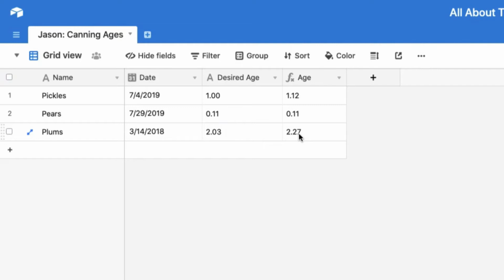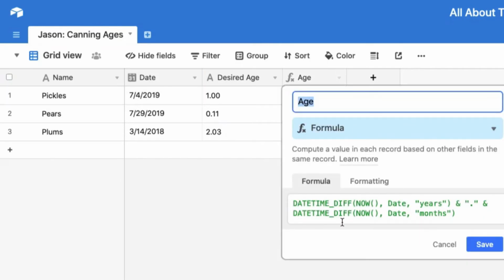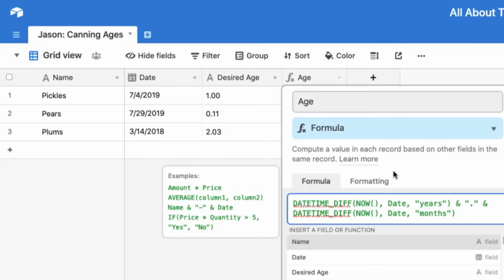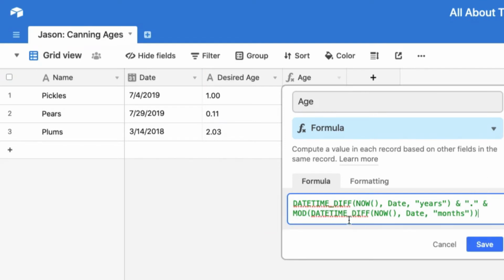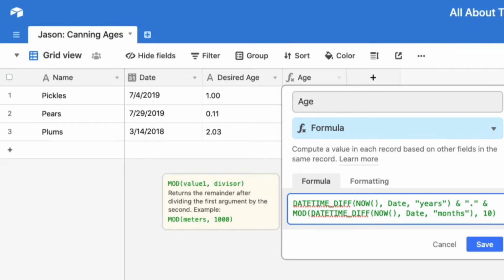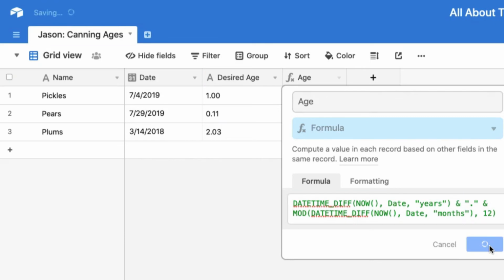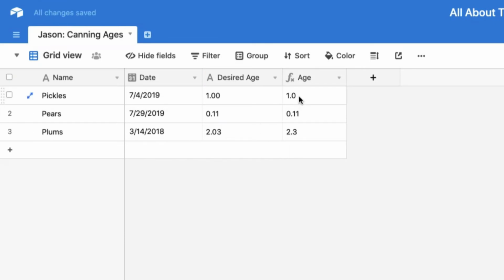To do that kind of remainder calculation, we use the MOD function. So if I just pop back in here and wrap this difference with the MOD function, what the MOD function does is it takes the number represented by the first part of your function here, divides it by the second number, and then returns the remainder. So if I do this, the raw number here coming back is the number of months difference between these two dates. If I say divide that by 12, and then give me the remainder. So if I save this out, we now have this: 1 year, 0 months, or 0 years, 11 months, 2 years, 3 months. However, I want to have cleaner formatting like this, and I think Jason did too.